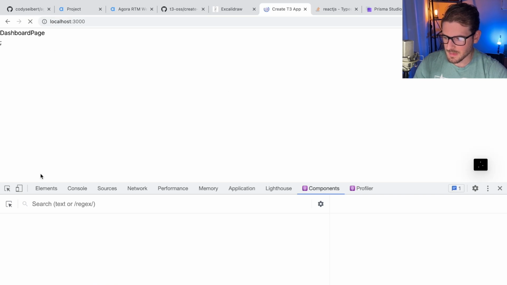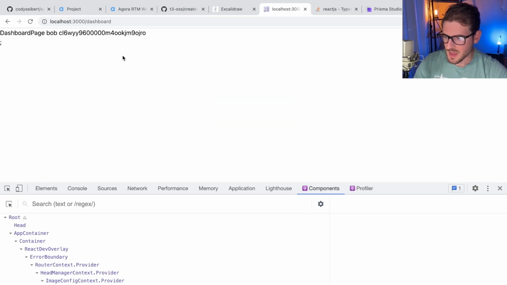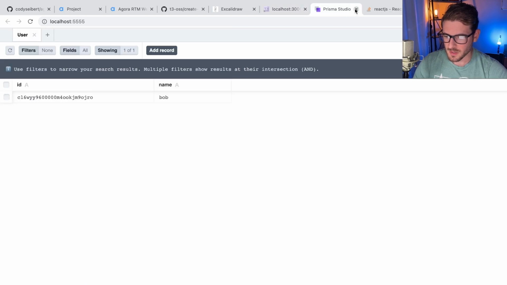Let's go back to the main page. I think you do have to log in as Bob again. And when you do that, we have that ID. So now we can use that ID when we want to connect to the Agora dashboard or send off messages and stuff. All right, so we are making some slow progress, but